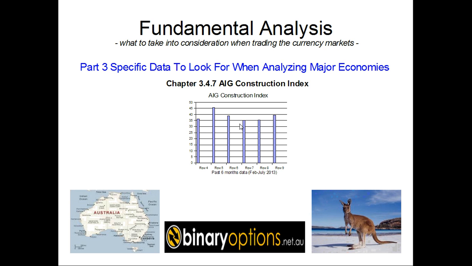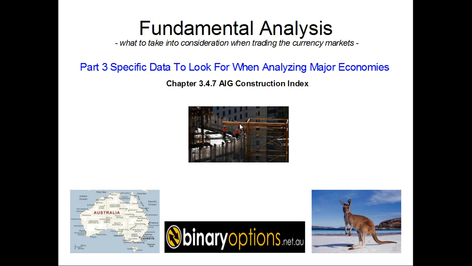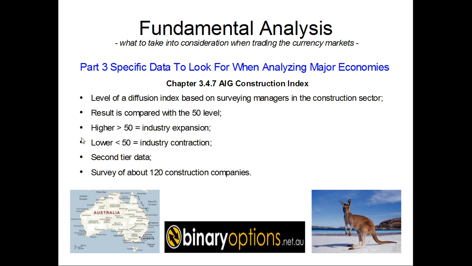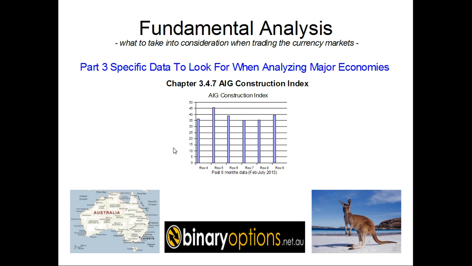Looking at the past 6 months worth of data, and remember what this index means, values higher than 50 signal industry expansion and values lower than 50 signal industry contraction. And what you are seeing here on our 6 months worth of data, you are seeing an industry that is contracting, since for the whole analyzed period, for this whole 6 months, this index is in recessionary territory.